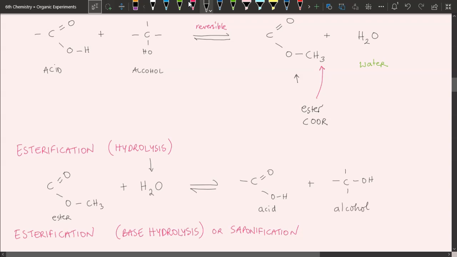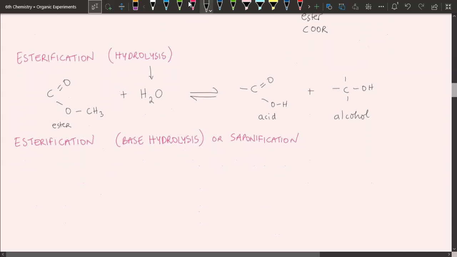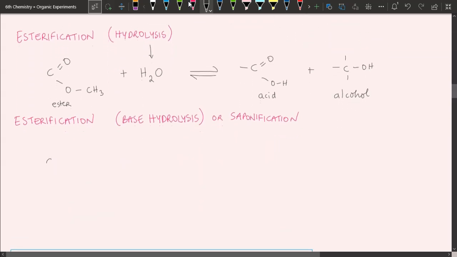Of course, you can do this hydrolysis except under basic conditions. So again, if you take your ester, C double bond O, O, and then let's say an OR group, C2H5. So this is an ester. And if it's base hydrolysis, that means you're going to react it with NaOH, a strong base. This particular substance here is an ester, so this is ethyl methanoate, and then when they react,